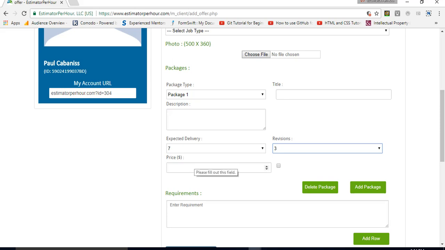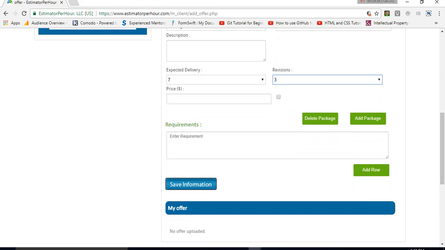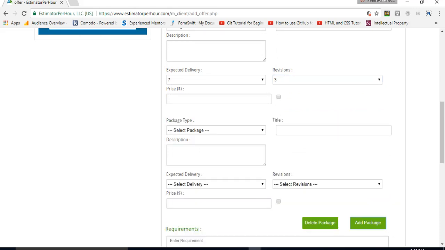So just put on whatever it is, and once you're done with that, you can add another package by simply clicking this add package on the right. All right, so just click that, and same, just fill up the form.